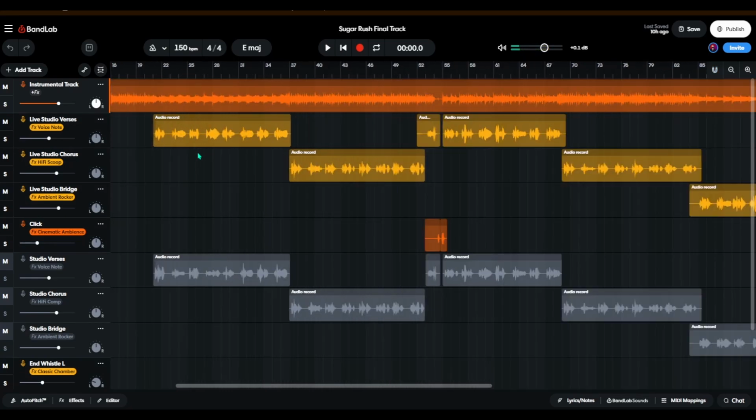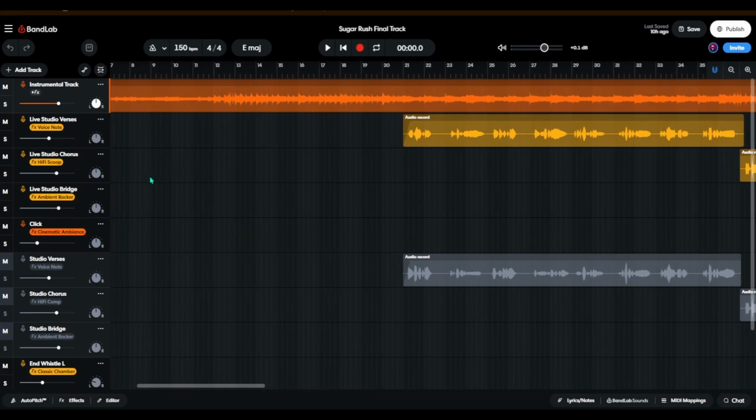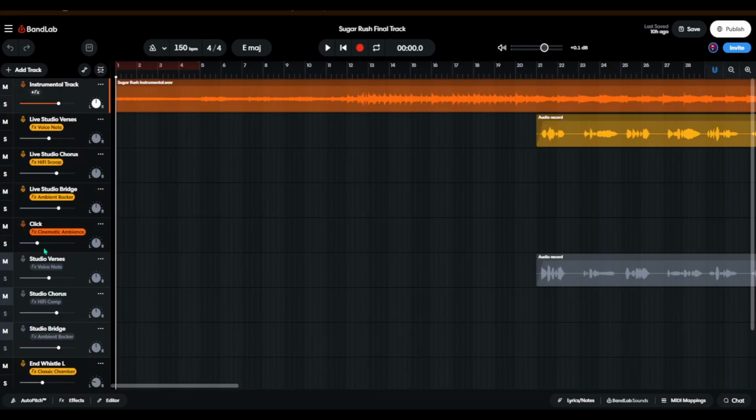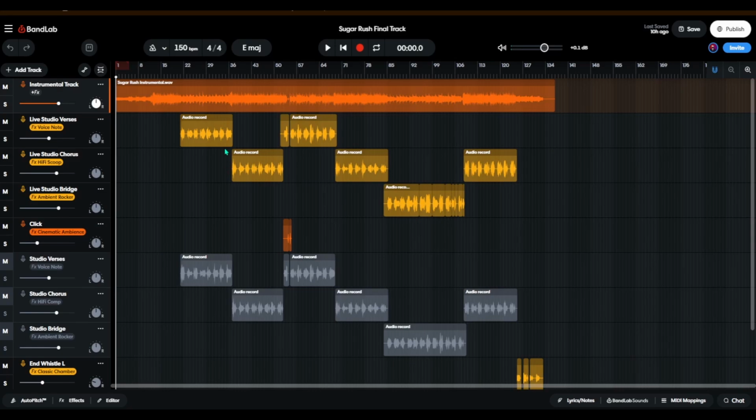Because there are 2 versions of the song, as you can see here, I literally recorded 2 versions. But since the choruses and the second verse are the exact same both times, I literally just